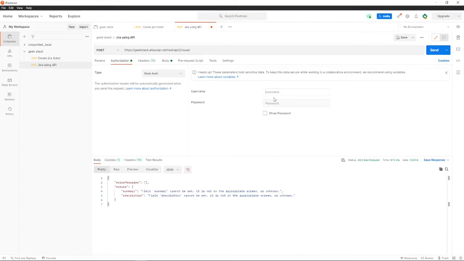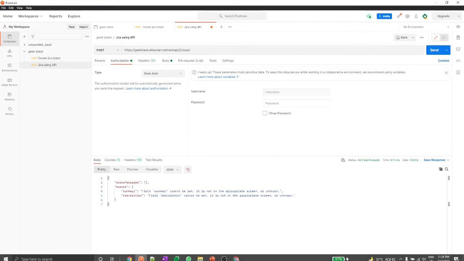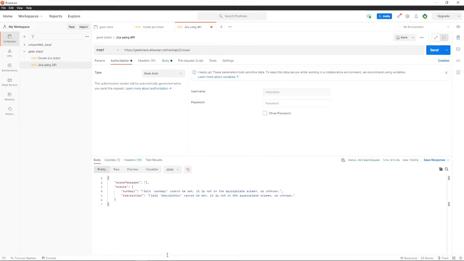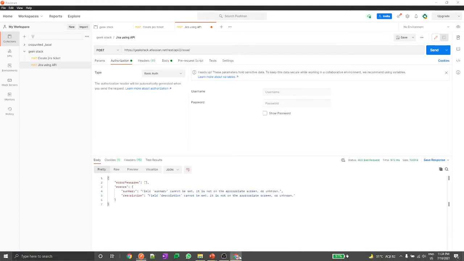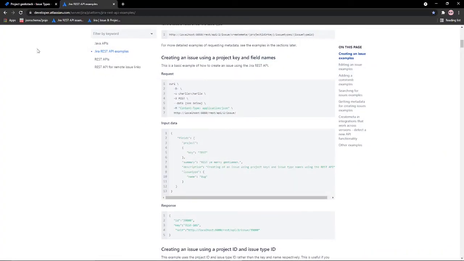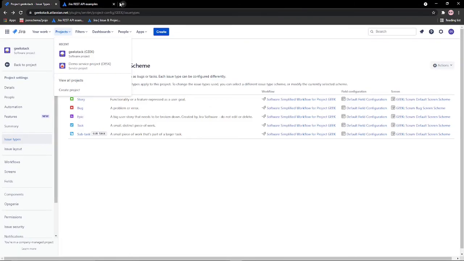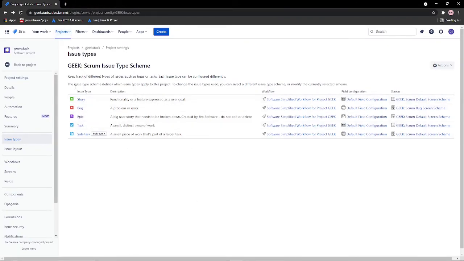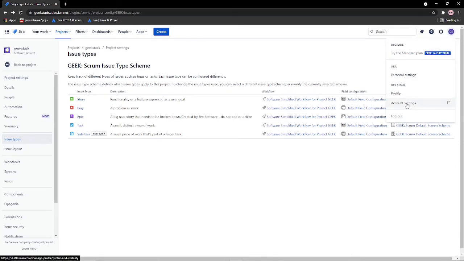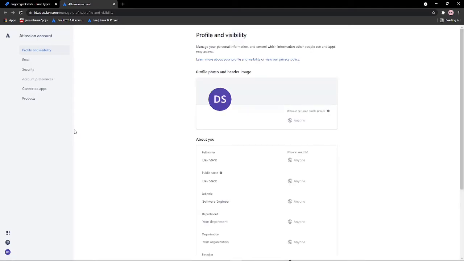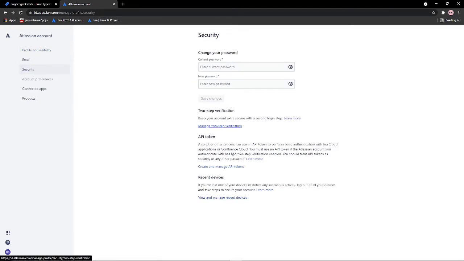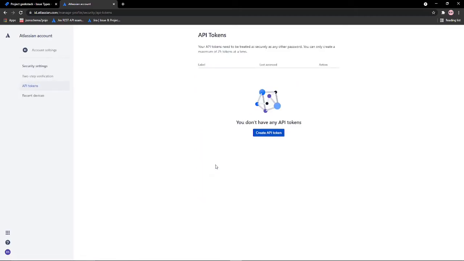You have to pass the username and password. For this, we come over here to your account settings and click on security. You have to generate an API token.